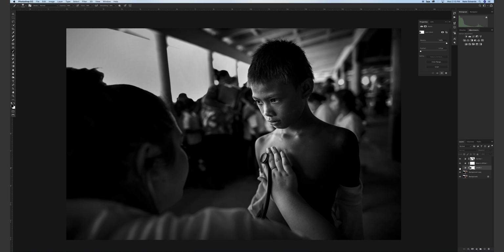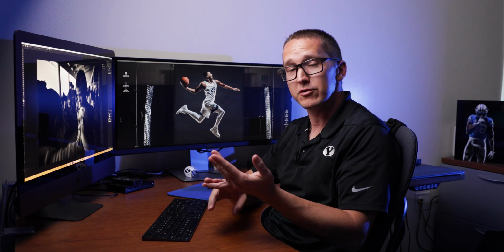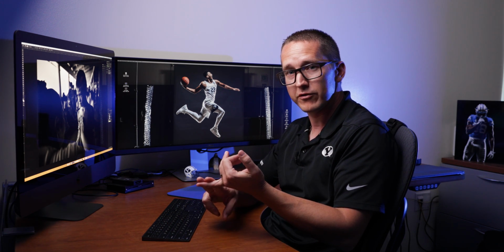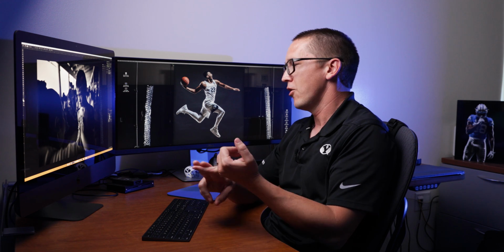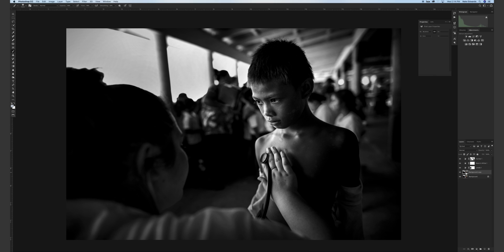So you can see a little bit of a difference with the levels, makes it pop just a little bit more. Okay, now we're going to talk about one more way to sharpen your image. So you can actually do the sharpen filter or sharpening in Camera Raw, or you can do what's called a high pass filter. So I'm going to duplicate this, Command J,